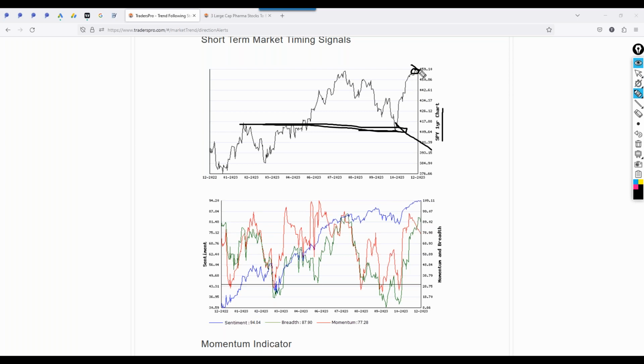Obviously, the reward to risk of continued upside within this current trend is low without some type of a consolidation, especially where we're at resistance right here. We also have indicators that are extended. Sentiment is really good right here, which means there's very, very little fear in the market, just a lot of